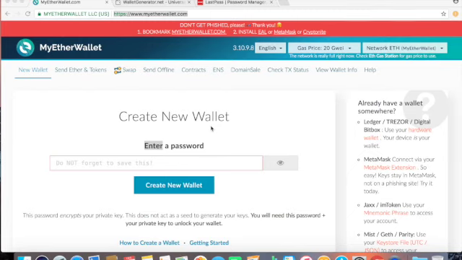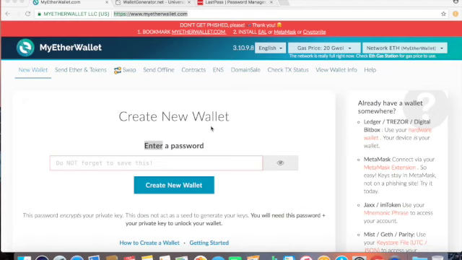So assuming you've read my post, you understand the differences between a hot and a cold wallet. But just in case, essentially a hot wallet is connected to the internet, a cold wallet is not, and obviously a piece of paper is not connected to the internet. So the ultimate security for your cryptocurrency is to create a paper wallet, which you can then store in a vault or a safe or dig a hole in the ground,